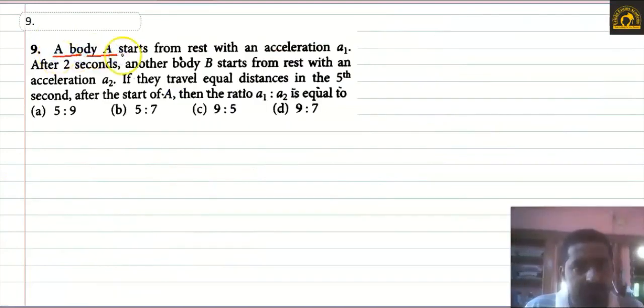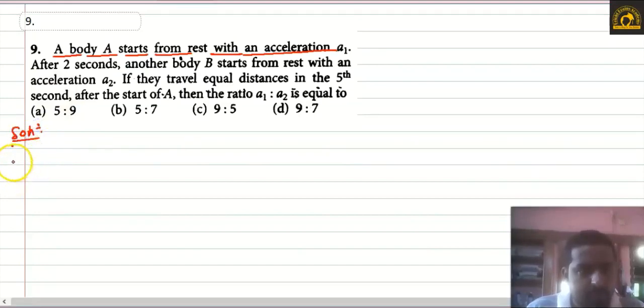A body A starts from rest with an acceleration a1. Okay, so this is the body A. Let's see the solution. The body A is moving. Initially it is in rest condition. This is the body A. Then after 2 seconds,